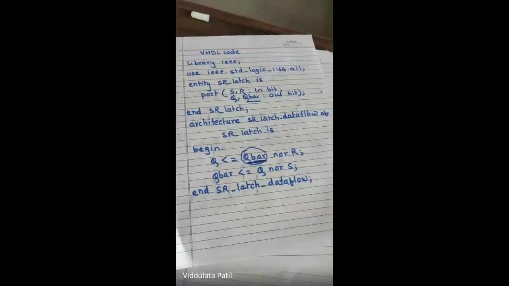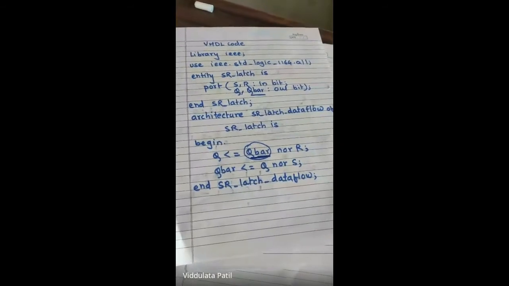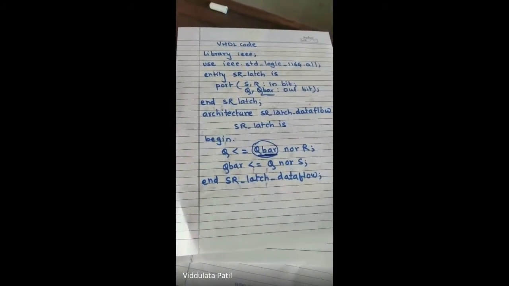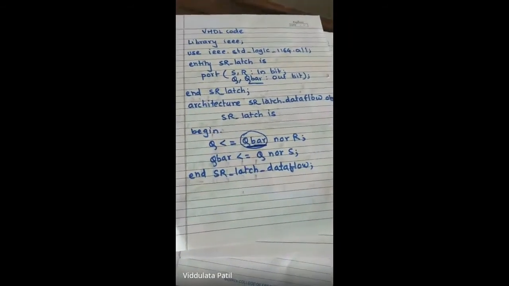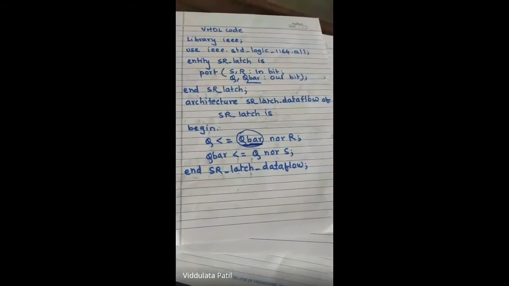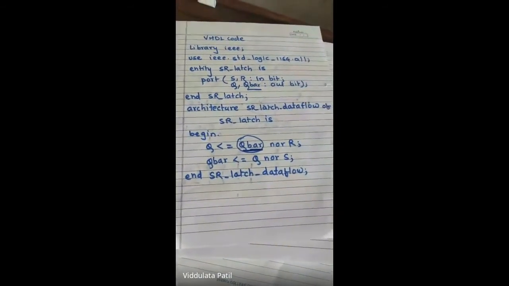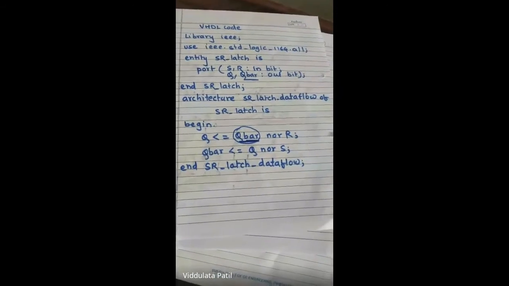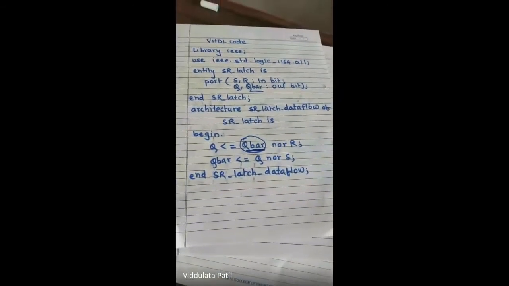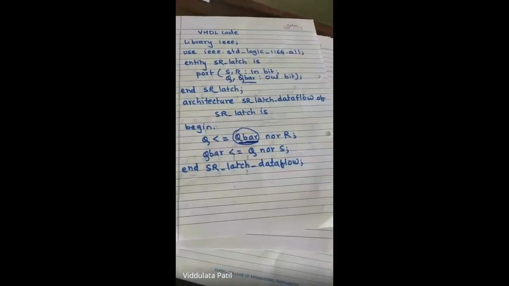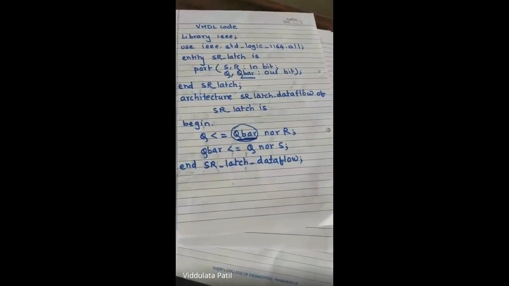Okay, so for today we will stop here. In the next lecture we are going to discuss different flip-flop circuits. We are going to discuss the D flip-flop, then the T flip-flop and the JK flip-flop. These three flip-flops we will discuss in tomorrow's lecture, and then we will see the VHDL code for all these three flip-flops. Okay, so for today we will stop here.